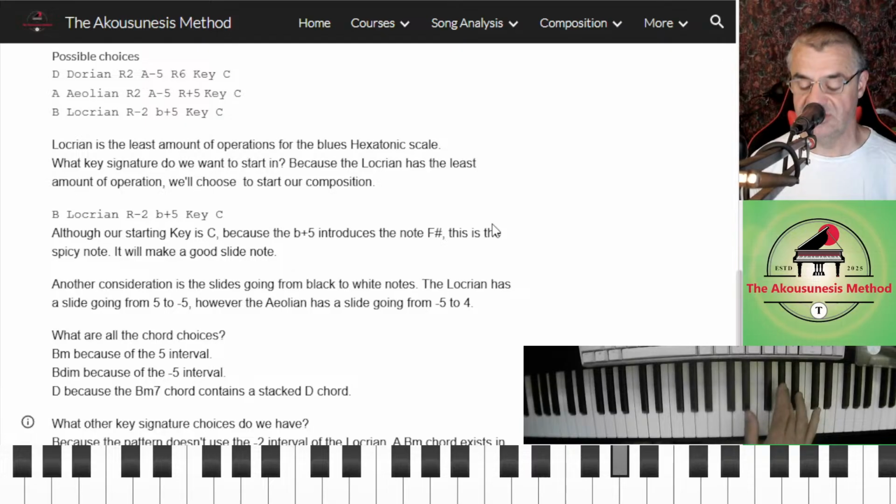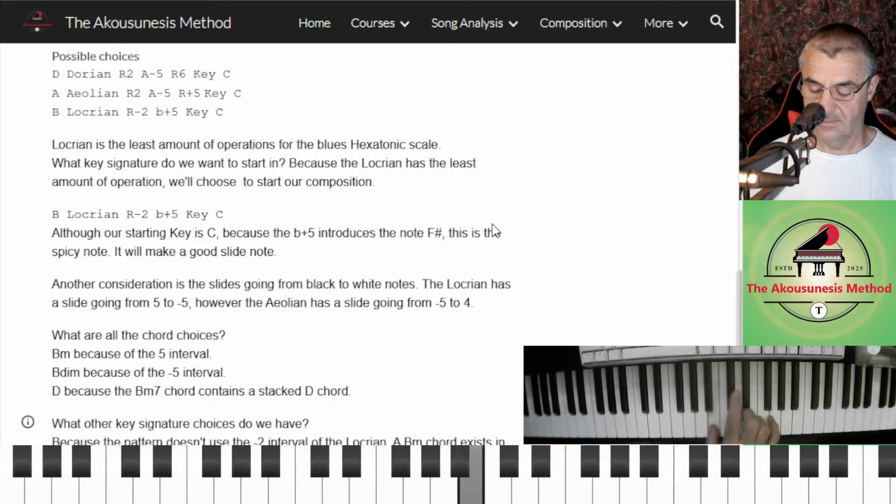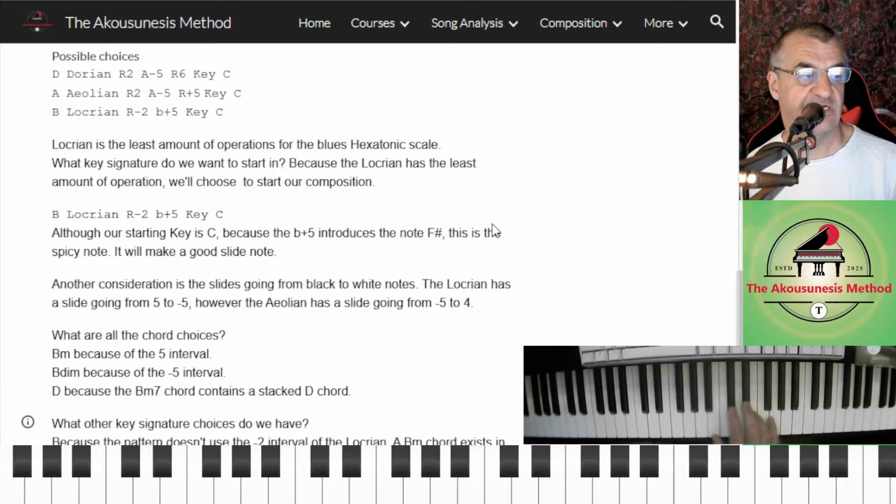So we end on G sharp, right? So that's the key of A. So if it's a Locrian and it's a remove -2, well, we're going to remove the A. And also, if we're going to look at it, we're in the key of A, but we're just applying this, flat +5.